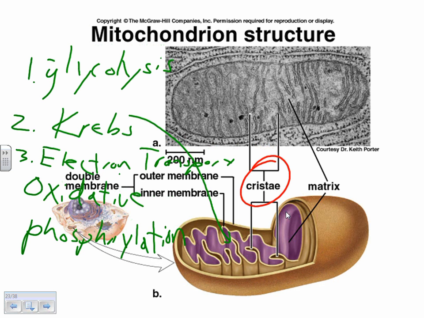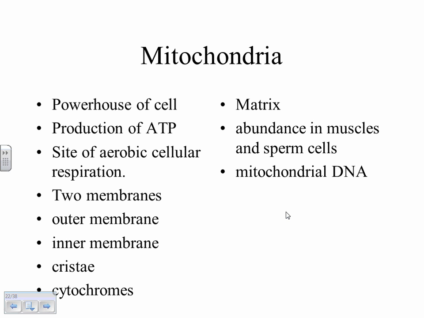Let me back up to that previous slide. Back to something else, that whole structure determines function thing. We said that every cell basically has all the organelles, but they don't necessarily have what? The same amount. Some cells are loaded with mitochondria. Your muscle cells are loaded with mitochondria. Because they're the cells in your body that probably use what? The most energy. Little sperm cells are loaded with mitochondria. They have to do a lot of swimming. It takes a lot of energy to do that. Other cells don't have nearly as many